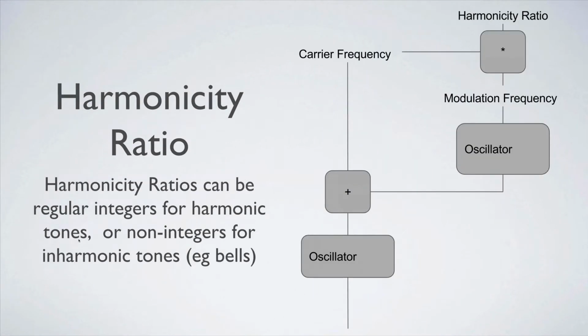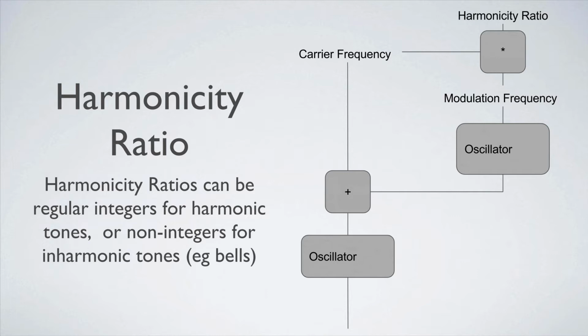So harmonicity ratio is one of those parameters, and harmonicity ratios can be regular intervals for harmonic tones or non-integers for inharmonic tones. So the ratio is between the carrier frequency and the modulation frequency, and you can say multiply the carrier frequency by 1 and you get the same frequency for modulation frequency there. Or you can multiply it by 2 and you get double the carrier frequency. You can have harmonicity ratios of 1, 2, 3, 4, and you'll end up with regular tones that sound like